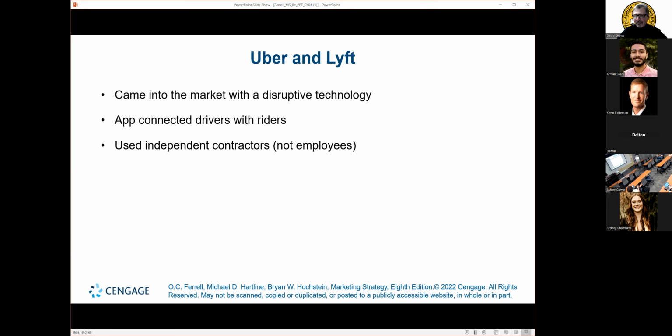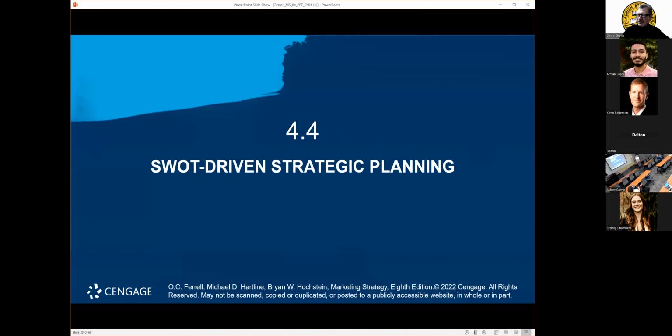Uber and Lyft, however, came up with such an incredibly brilliant solution, to connect a GPS system with cab services, that it makes you wonder why no one thought of it in the first place. This is truly a disruptive technology. It used independent contractors who weren't employees. It did all the heavy lifting in the mine for you, and in essence, fundamentally changed the way we look at things forever. And so, using this as a backdrop, we can kind of move to thinking about how we go about doing strategic planning using the SWOT.